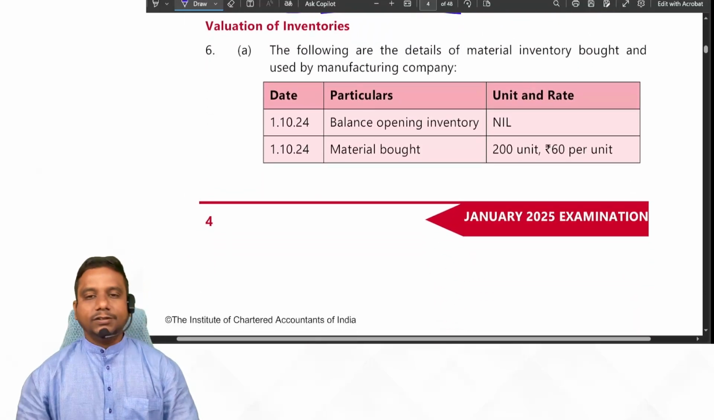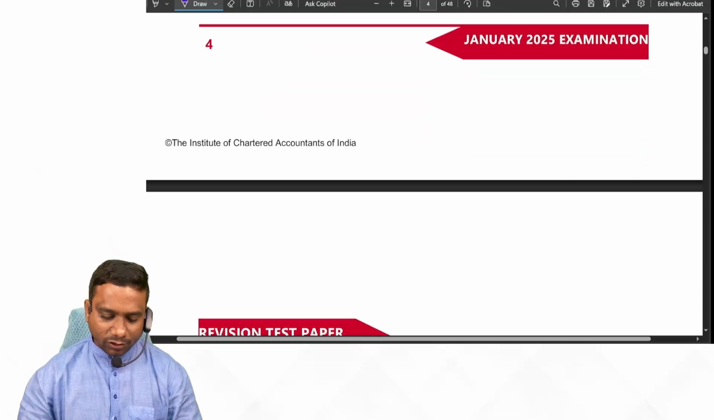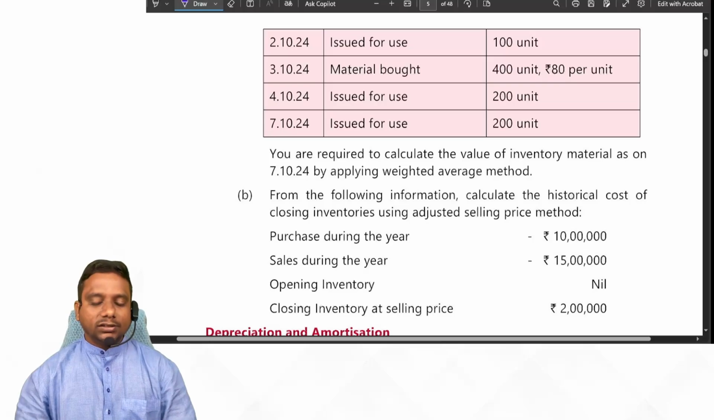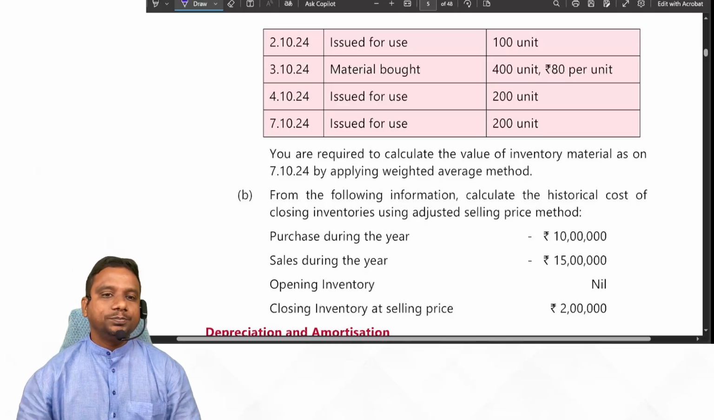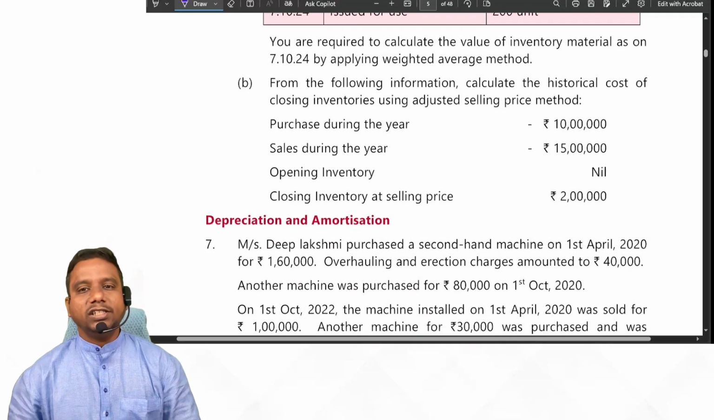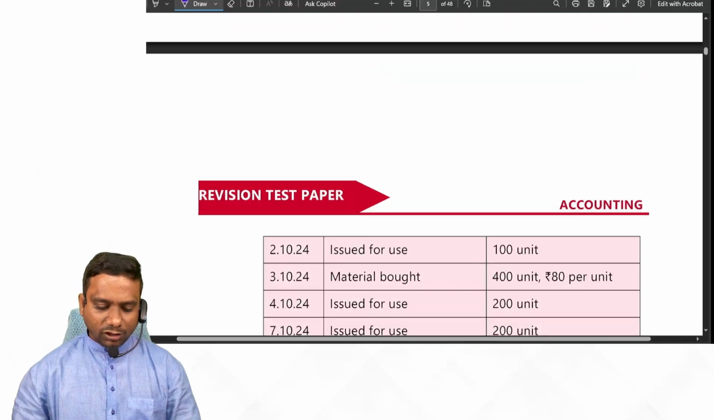Valuation of inventories. Next one, valuation of inventories. If you observe, from valuation of inventory they have given two problems. One is closing stock valuation by following FIFO, LIFO, weighted average, like that. Next one is the adjusted selling price method. So first we look at